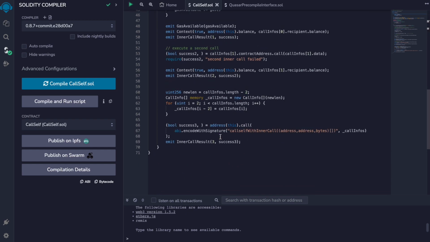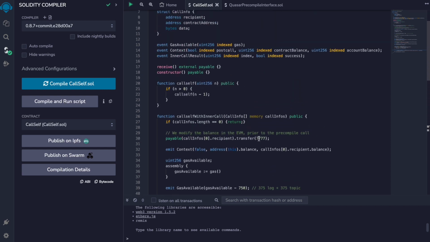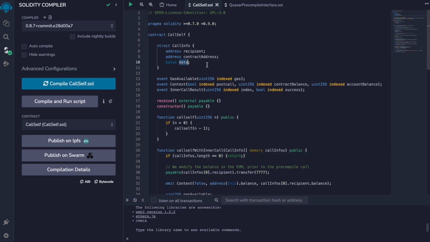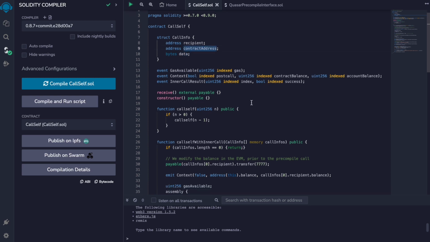The call to itself is made with the lower level function call, which creates another inner call context frame that we have talked about. And inside, it receives an array of call data information, call data, and the contract address to call with that data.